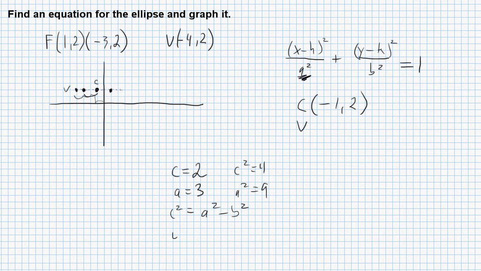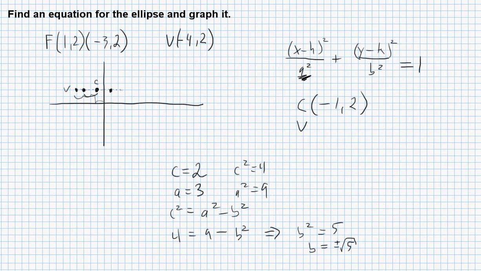So 4 is equal to 9 minus b squared. And wow, this has come out a lot in our examples, but I think you can see that b squared is going to be equal to 5, and that b is equal to